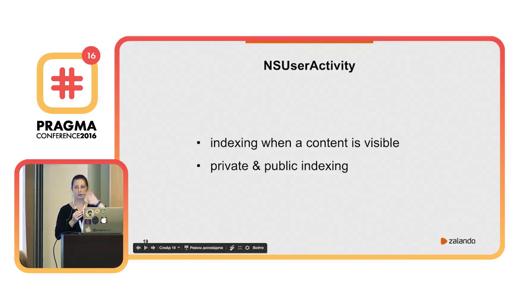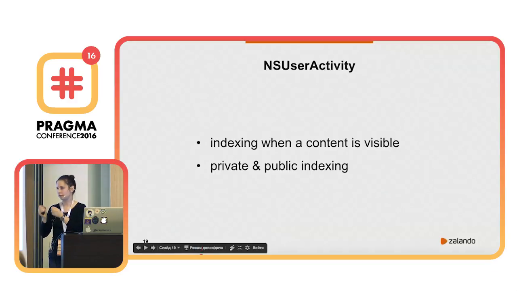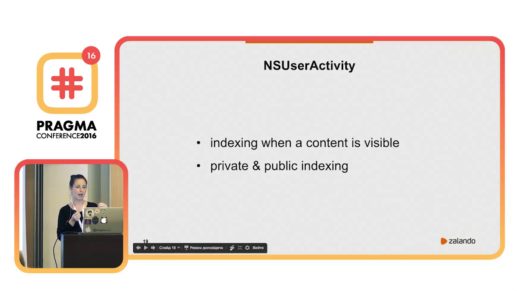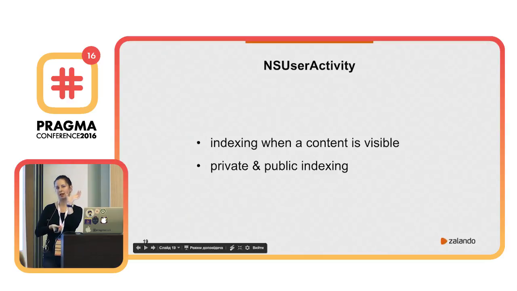This activity will go to the cloud. And at some point, if a lot of users use this activity, it becomes public for everybody who uses iPhone. So next time when I search for Zalando shoes, Adidas, whatever, and if I have this public activity in the cloud, it will show me a result from a URL. So it will show me the associated URL for my website for this activity.